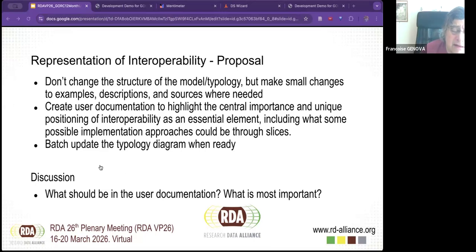It's a very pragmatic point, but as you said, and we saw that when we discussed, there are many, many aspects in interoperability, and this may also evolve. So I think the user documentation has to be checked to contain definitions of all the aspects of interoperability.